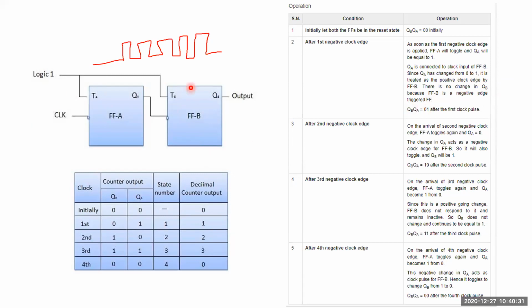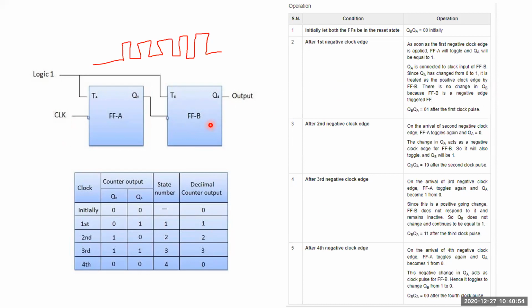We are running these two flip flops on the negative edge. You can see all of them are running on the negative edge. It depends upon the designer who designs the flip flops or the counters. If we are running on the negative edge, the flip flops will always run on the negative edge. Since a positive edge of the clock is given to the second flip flop, at the positive edge the flip flop will be completely idle.